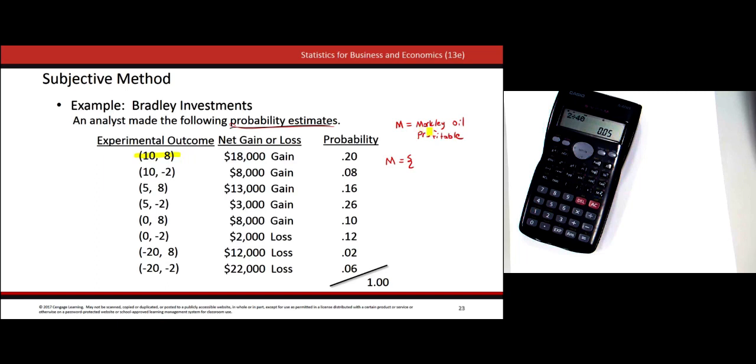Now since this event says Markle Oil profitable, we look at the ones where Markle is profitable. 10, 8: Markle is profitable. 10, negative 2: Markle is profitable. 5, 8: Markle is profitable. 5, negative 2: you are losing 2,000 from Collins, but Markle is still profitable. How about 0, 8? No, because Markle is not profitable. It is even. Not profitable. You are losing 20,000 from Markle, still it's not profitable. So this event specifically says Markle Oil profitable, so we have these 4 outcomes in this event,